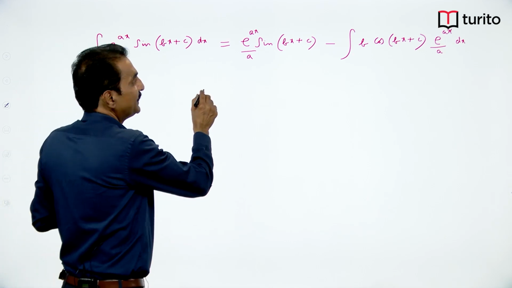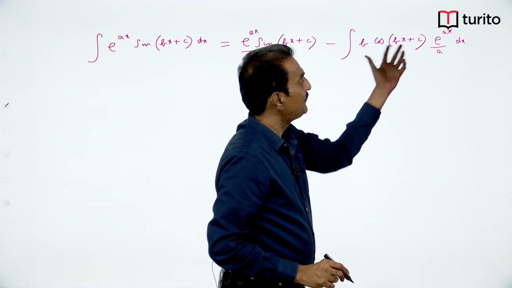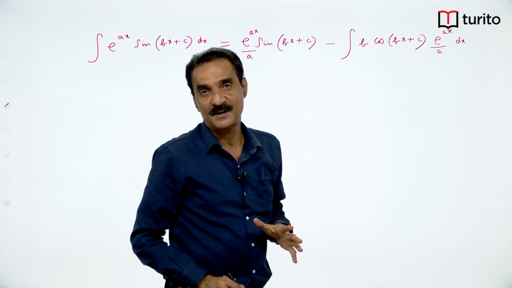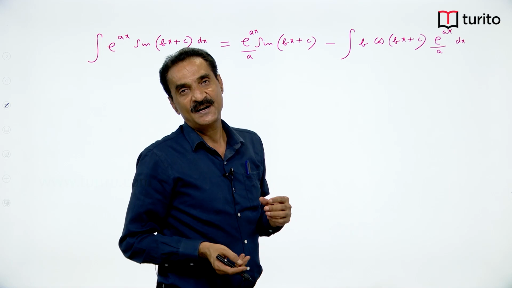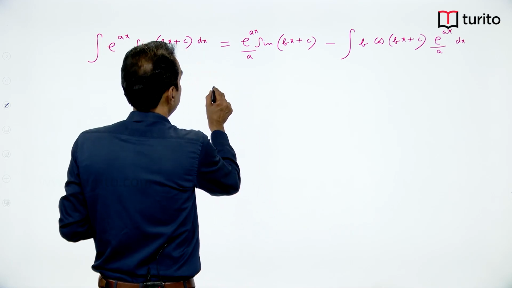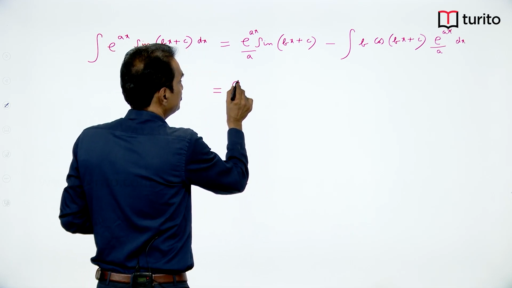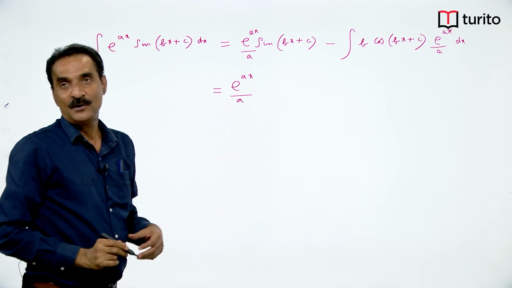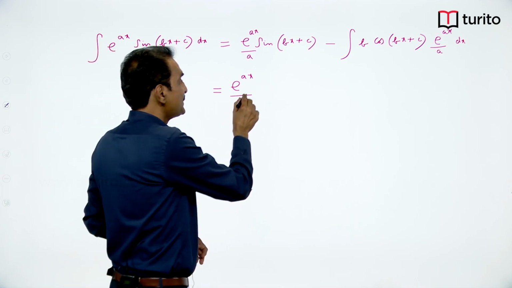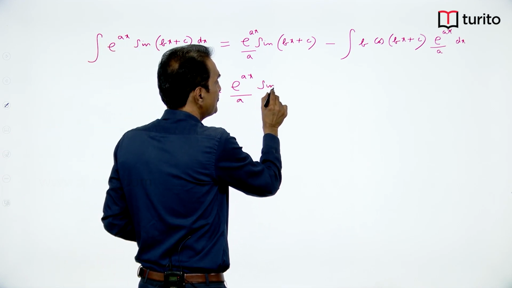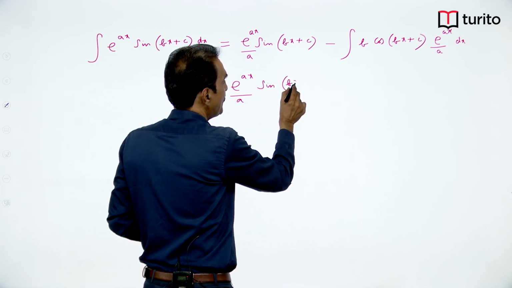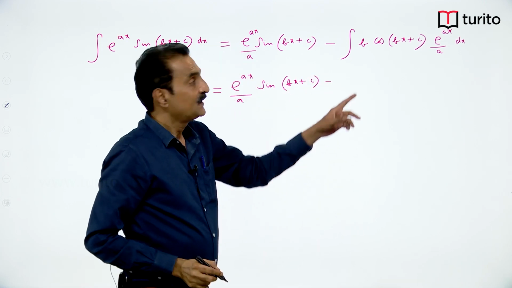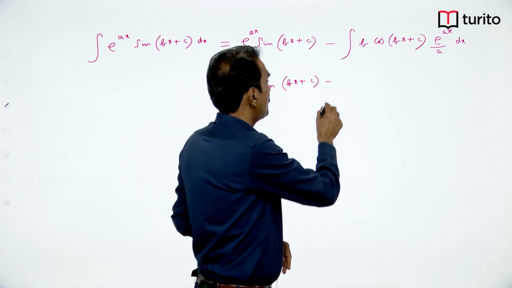Now again we have a product of two dissimilar functions, exponential and trigonometric. So again we have to integrate by parts. e^(ax)/a times sin(bx+c) minus b/a times,